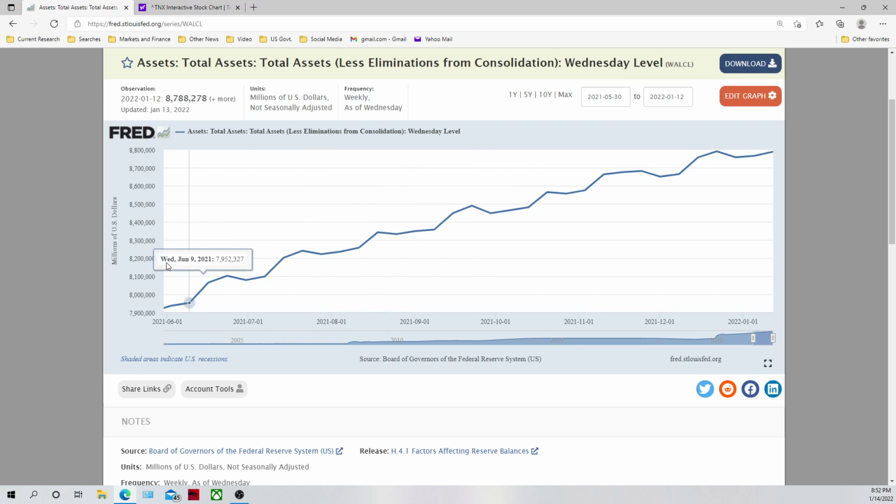So if you look at the asset purchases, this is quantitative easing. Basically, the Fed is, I don't know exactly how it works. As far as I know, money is created either by the Fed or the Treasury, and it's not even printed anymore. By the way, they just make it on the computer. They don't even print the money. So they create dollar units on the computer,